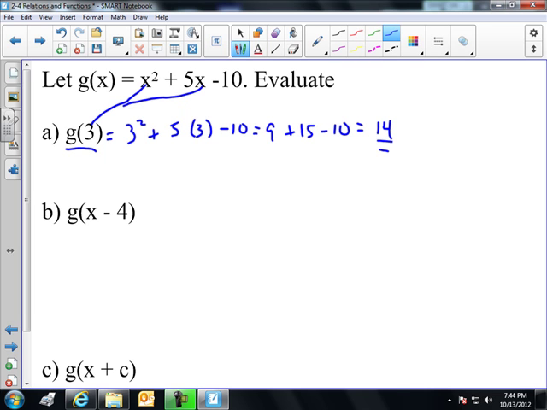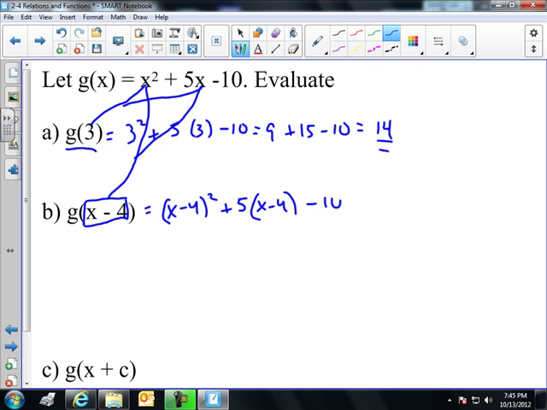If we're to find g of x minus 4, then what we're doing here is, again, we're going to replace this x. Anytime you see an x, we're going to replace it with this quantity of x minus 4. I call this a box and ship method, because you box it and you ship it. And where we're going to ship it is to everywhere we see an x. So instead of x squared, I have what's in the box here, the x minus 4 squared, plus 5 instead of x, again, times the quantity of x minus 4